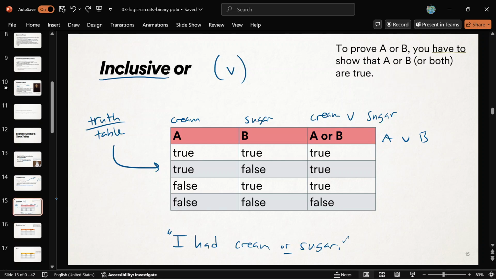But before we leave this slide, I want to show you that eventually you want to prove or disprove a statement with an or in it. So if you want to prove